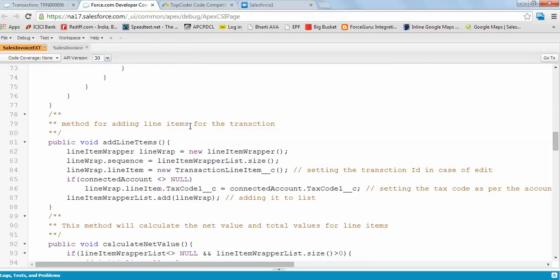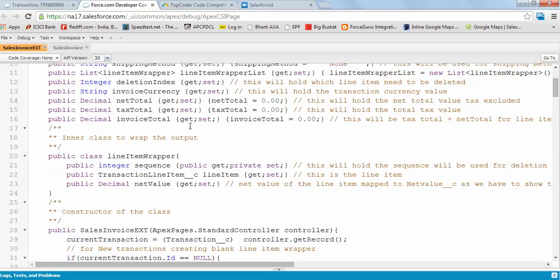And I have created one wrapper class so that it can be wrapped. Because on the fly I have to create some new line items, and on the fly I have to delete those. As I don't have an id to identify which record is selected for deletion, I'm creating a wrapper and I'm giving that id on that image. So based on that, which row number needs to be deleted, I'm getting it into the controller and